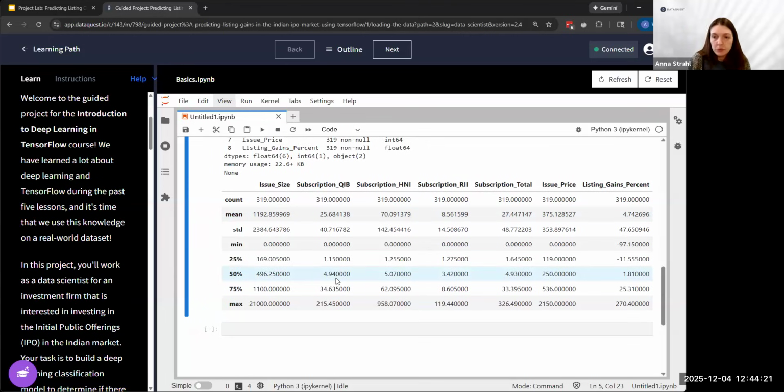The next thing we need to look at for our exploratory phase is our descriptive statistics. And I like looking at this for a couple things. I like looking at the mean compared to the median to see if there's any skew potentially or outliers potentially. And also with outliers, we can kind of look at the minimum and maximum values. And if we look at mean compared to median,